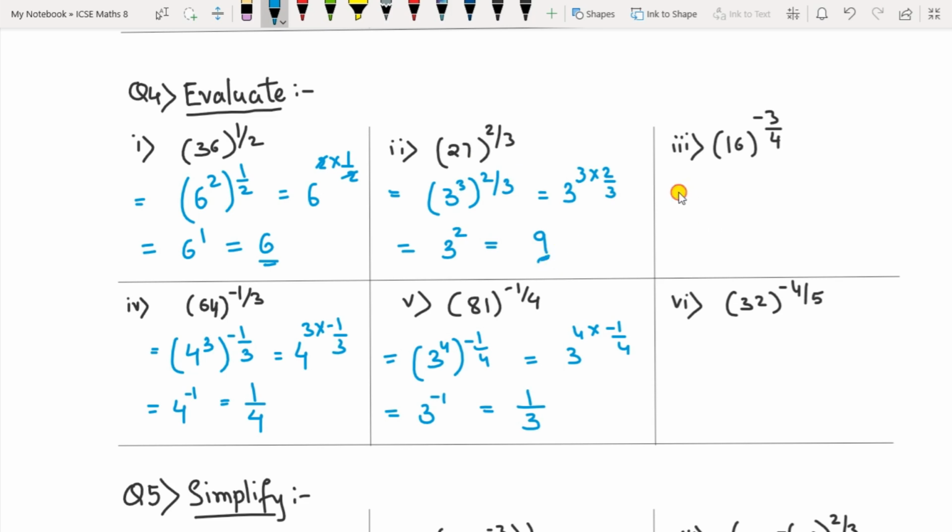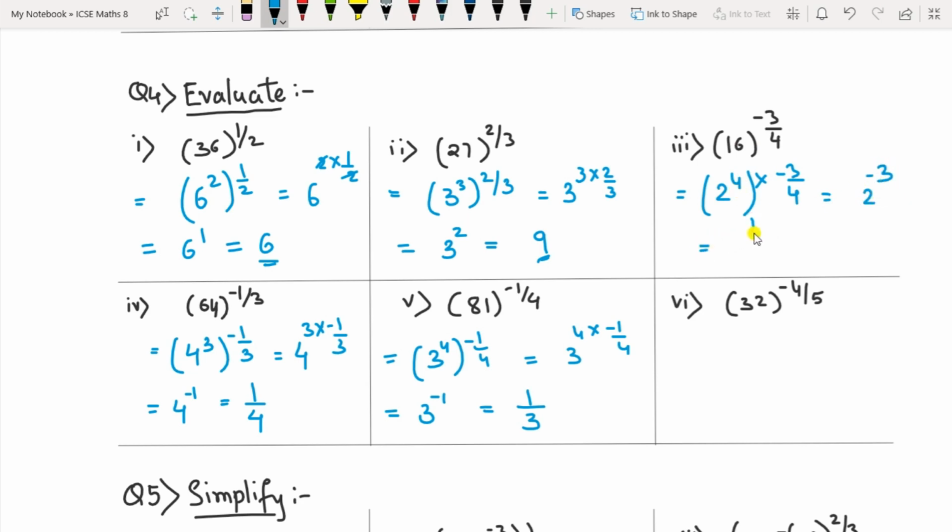Then 16. Now 16, see here it is 4, the denominator power is having 4 outside the bracket. So you can write 4 square also. 4 square is 16, but we don't have to write 4 square since the power is 4 here. So you have to write here 2 raised to 4. 2 raised to 4 is 2 into 2 into 2 into 2, that is 4 times into minus 3 upon 4. So here you can do it directly now. This 4 get cancelled. So the answer is 2 raised to minus 3.